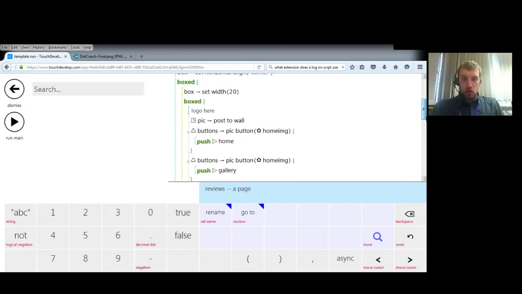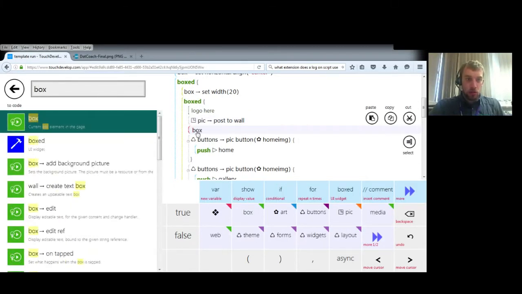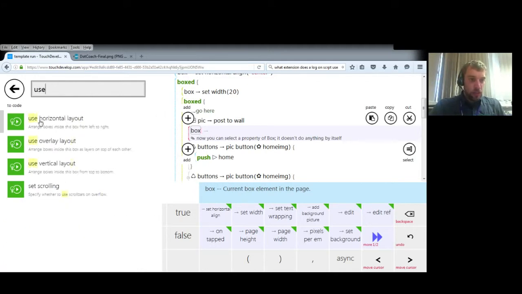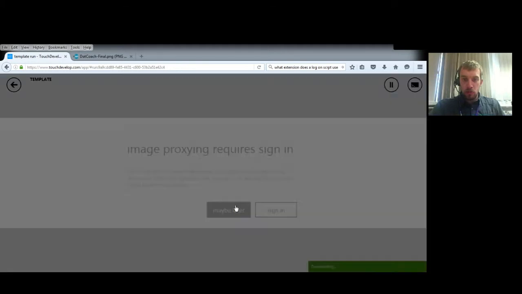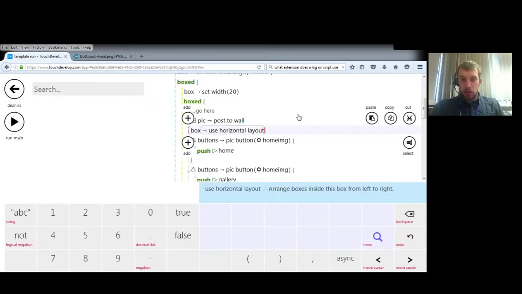So, up to the top, where the pick is, just underneath it, I say box, use horizontal layout, arrange boxes from left to right. That includes pictures and anything else. And they've gone side by side. Okay, so my navbar is at the top with my logo. Now if you want that, that's okay. If you don't, and you liked it before,